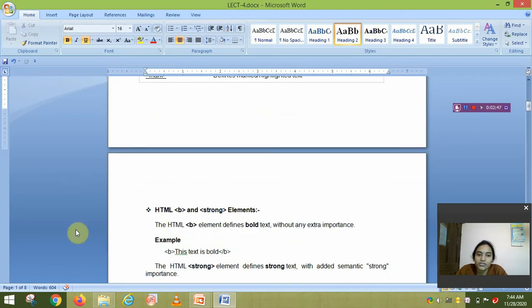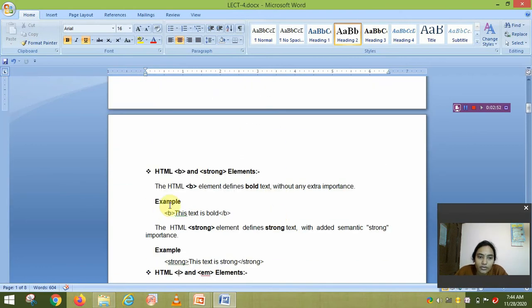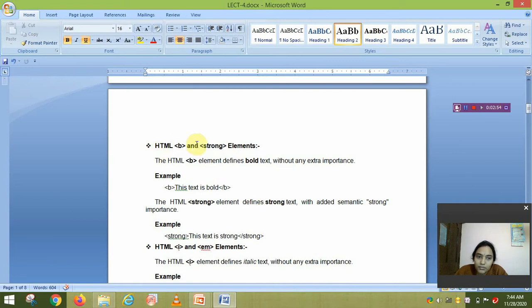Okay, so let us discuss one by one in an example. B and strong element. Okay, the HTML B element defines the text as bold without any extra importance, but the strong element defines the text as strong with added semantic importance.